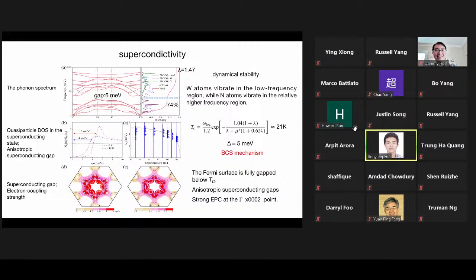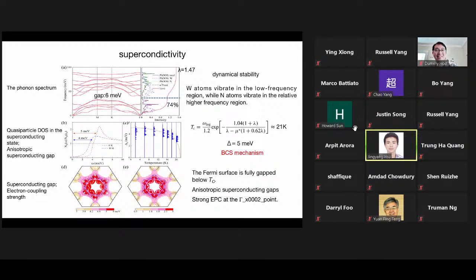The metallic property with high density of states near the Fermi level motivated us to investigate the possible superconductivity. The absence of imaginary frequency modes indicates the dynamic stability of monolayer tungsten nitride. From the projected phonon density of states, we find that tungsten atoms vibrate in the low frequency region, while nitrogen atoms vibrate in the relatively high frequency region because they have distinct atomic masses. And the phonon vibrational modes of tungsten and nitrogen atoms are separated by a phonon spectral energy gap of about